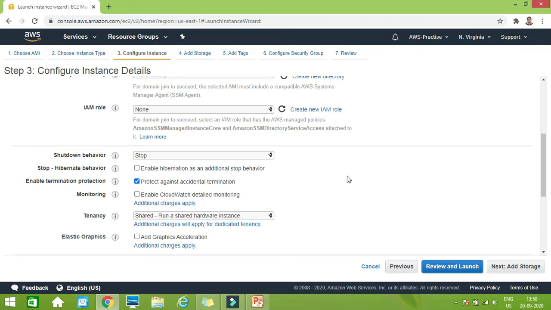Then we have tenancy. Tenancy basically refers to how the resources are going to be used. If we are going to use shared resources, it means resources can be used by many customers. Then we also have dedicated resources. Dedicated resources means that one resource is only used by